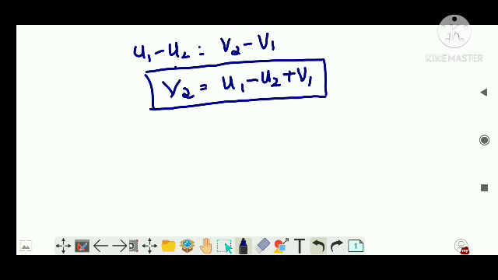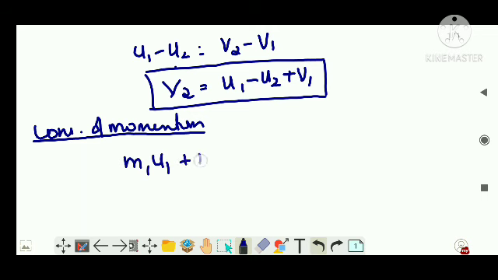Now the second is the conservation of momentum. Don't expect me to write the entire sentence on the board, so I will be telling you verbally, so it is better if you can write as I am telling you. So by conservation of momentum I can write m1 u1 plus m2 u2 is equal to m1 v1 plus m2 v2. Not a big deal, you know the equation.